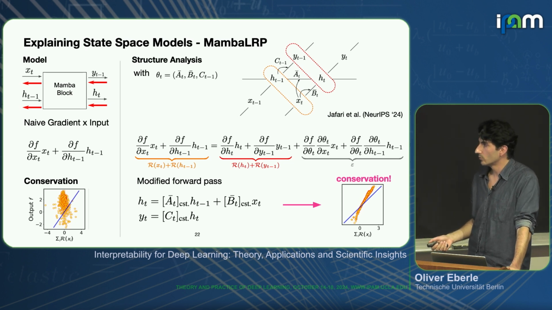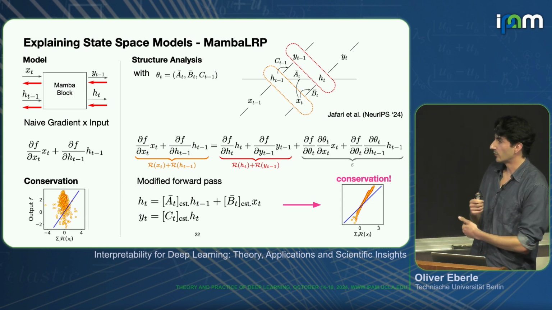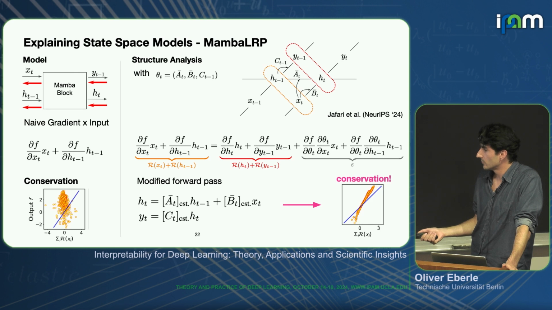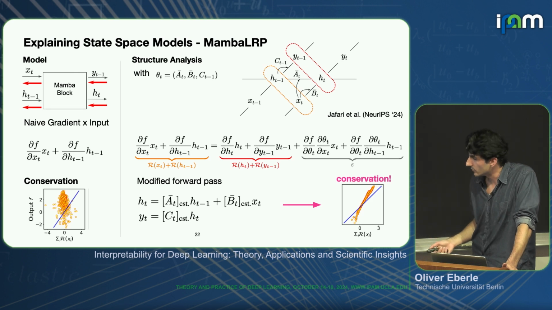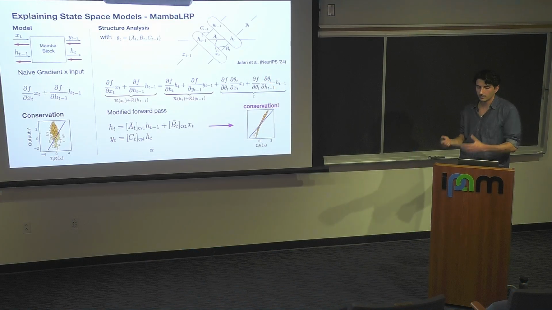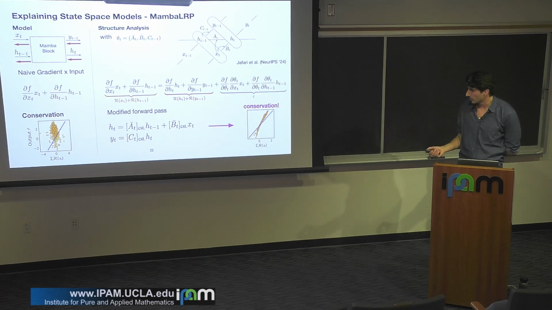It's similar to how you could also derive explanations for transformers, where your self-attention matrix would be like this, for example, b of t at x of t. But b of t also depends on the input x of t. By viewing this one as a constant, you just view it as a weight matrix that tells you how much attention you should put on which dimension of your x of t. So I think there is some intuition that this might make sense. You basically just assume that your parameters are given by the network instead of viewing them as self-dependent at each step. And we can show that this actually works.